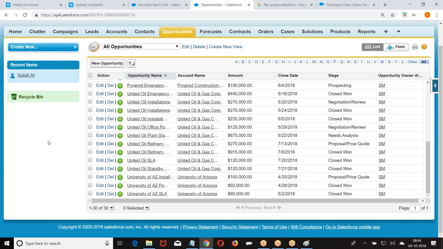Is it mandatory that every time you have to move forward? Why are you moving forward? Which one are you moving forward? Before which job are you moving forward? What is there in that batch? A job will be either a future method, batch Apex, scheduled Apex, or a queueable. So why did you write that batch Apex? As per our requirement, we want this operation to be performed. I wrote a batch, I executed it, and it is in the queue. Now we are writing some other functionality using a batch Apex, which you feel should be executed before the previous job. Then I will use the flex queue.